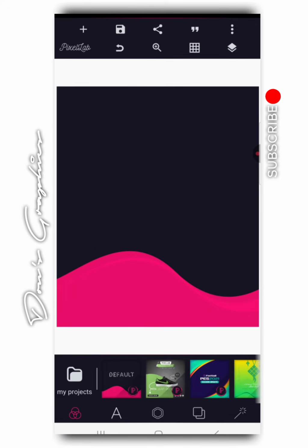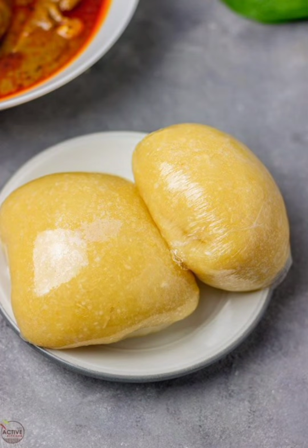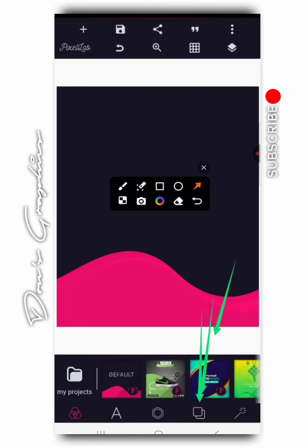Right now, once you have this, the first thing, like I always said, except you have eaten a lot of, how do Nigerians call it, except you have eaten a lot of eba. I hope I got that correctly. So if you have not eaten a lot of eba or fufu or akpu,